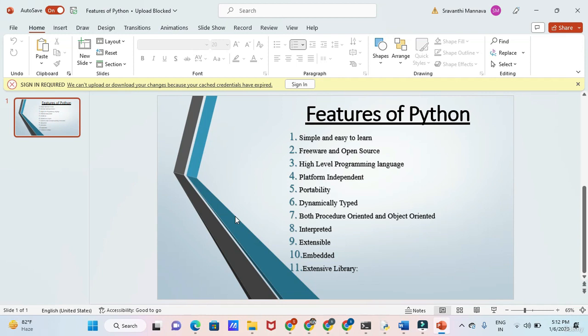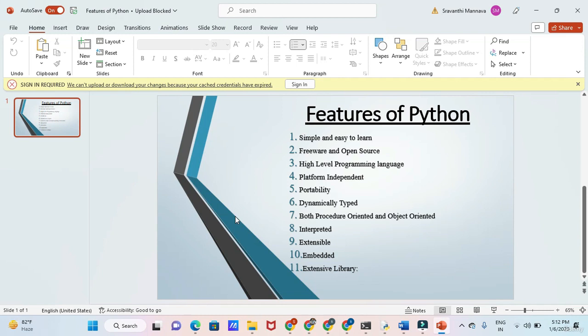But in Python we don't have a compiler, we have an interpreter. The interpreter has the capability to compile and also run. That means once we start executing, the interpreter will take care of both the compilation and the execution. So in that way, we can say that Python is not a compiler language. Compilation and execution are done parallelly with the help of this interpreter. That's why it is called an interpreted language.